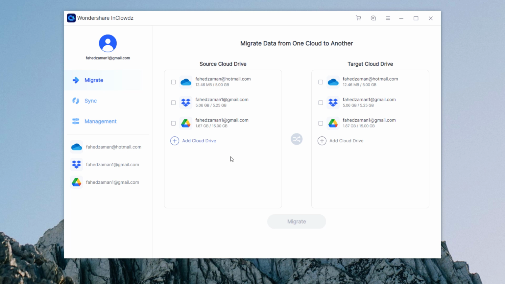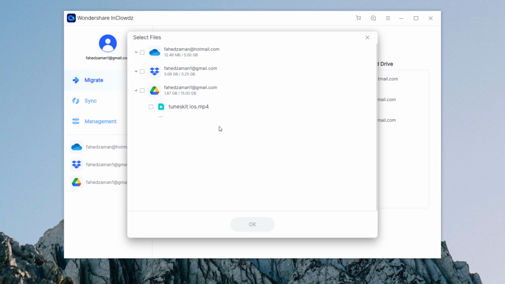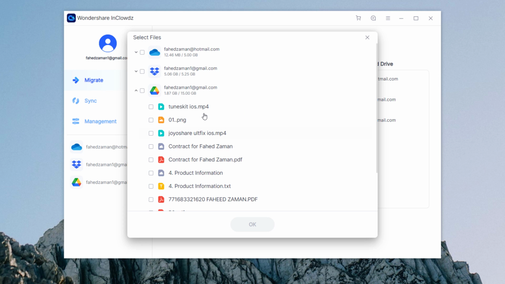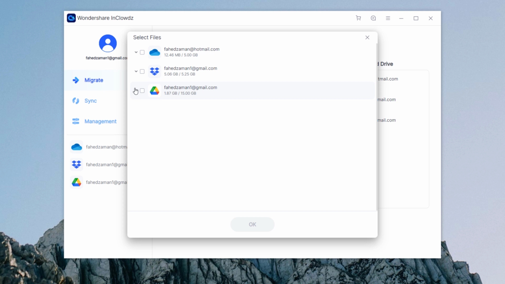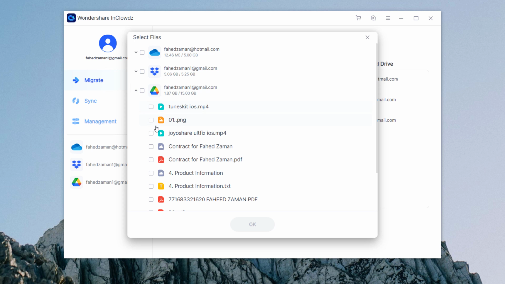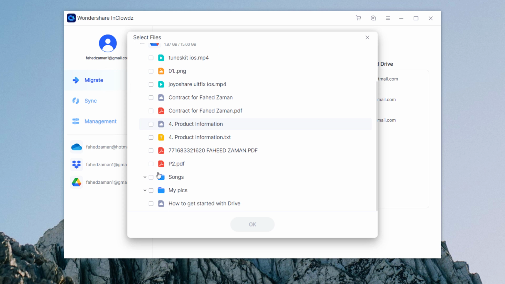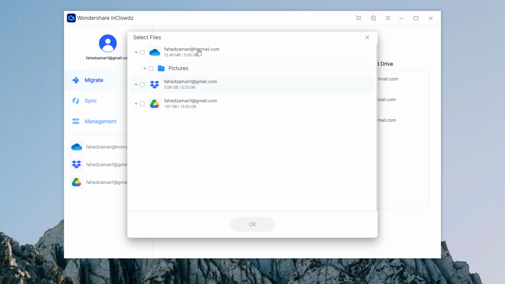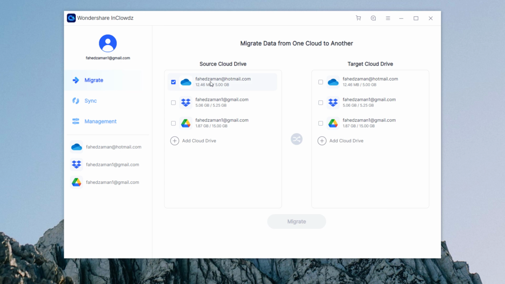Once it's all done, now you can see all your files right here. You can download documents or transfer whatever you have on your cloud. Select the files that you want to migrate, and if you just want to migrate some files and not everything, then just go ahead and click on the corresponding cloud name and it will then show you the files in the cloud for you to manually choose what to transfer.